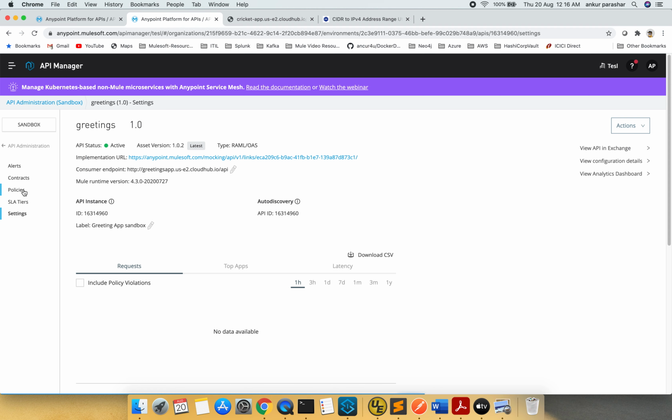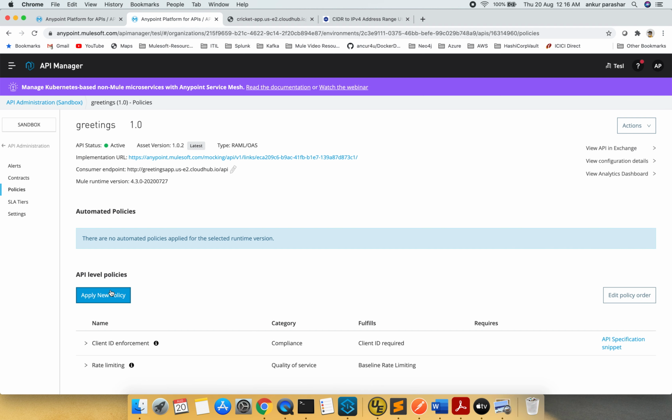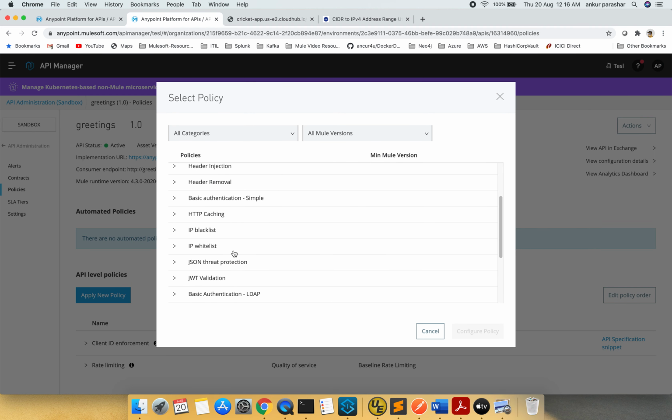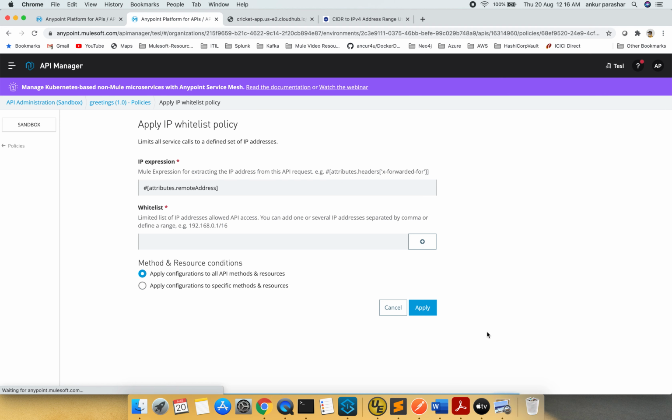You have to go to policies, apply new policy, select IP whitelist, select the latest one, and click on configure policy. You can put the IP address over here and then click on the plus sign. If you have multiple, put a comma between the two. And if you want to specify a complete range, you can specify it in CIDR format or subnet IP address format.